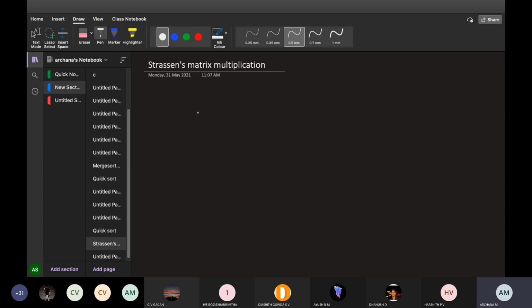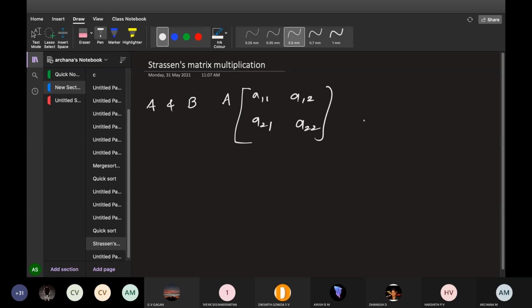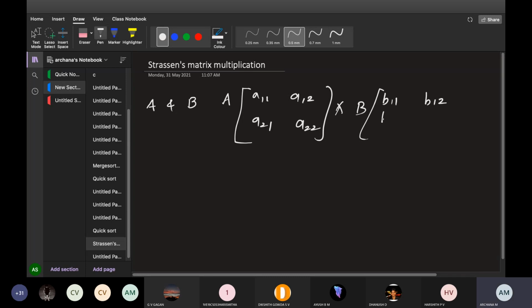Okay. So, for example, first I'll consider a small matrix. I'll consider A and B. We'll consider A as A11, A12, and so on. You know this, rows and columns. This is the first row. Then I'll consider the B matrix as B11, B12, B21, B22. This is a simple example. Whenever you take a mathematics example, I'm taking this. We will consider this as a 2 cross 2 matrix and another 2 cross 2 matrix.